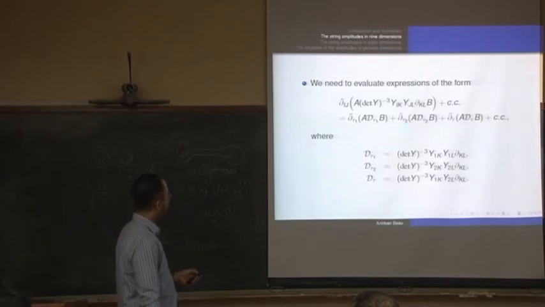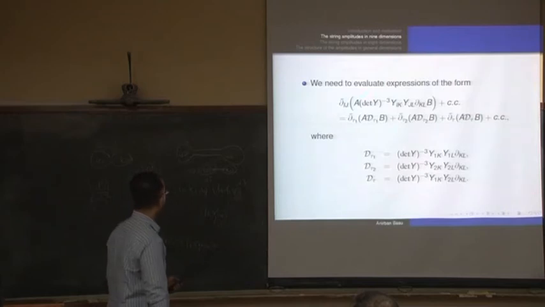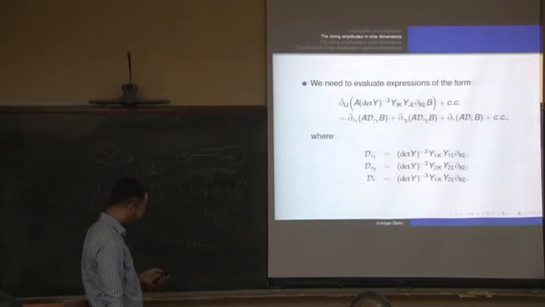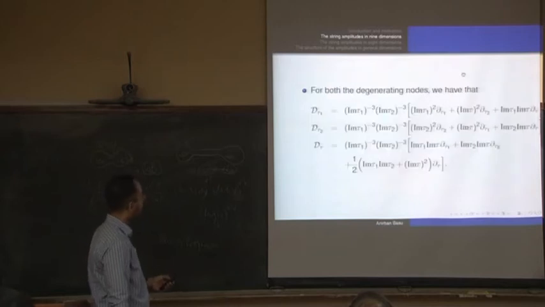So we have to do integrals. So we have to take care of integrands like this. And you see, these are the boundary contributions. For example, when I'm looking at the separating node, this is the kind of boundary contribution. At the non-separating node, when tau 2 goes to infinity, this is the boundary contribution. And these are kind of complicated. All I want to flash in this transparency is that these curly D's are all kinds of derivatives. This is the del tau 1, del tau 2, and del tau.